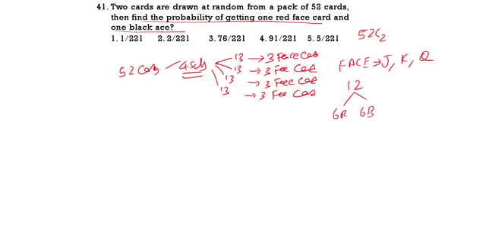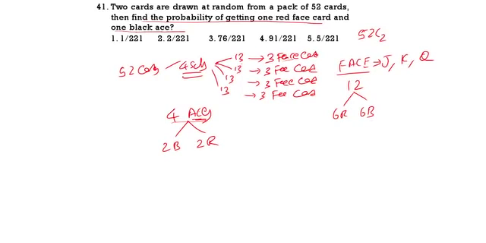Then how many aces will be having? 4 aces. Each set will be having 1 ace. Totally 4 aces. Out of 4 aces, 2 black will be there, 2 red will be there. So each set will be having 13 cards, 4 sets will be there. In each set we will be having 3 face cards, Jack, King, Queen. So total 12 face cards. Out of 12, 6 will be red, 6 will be black. In 4 sets we will be having 4 aces, 2 black, 2 red.